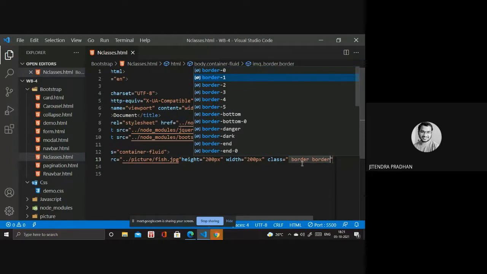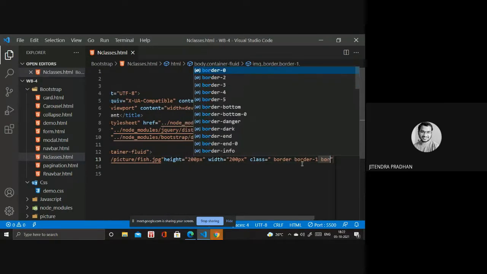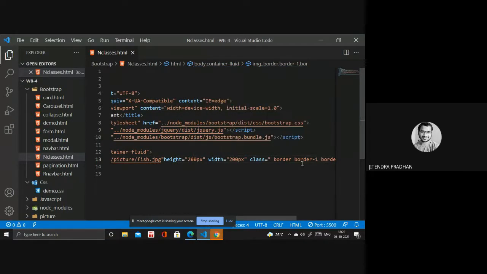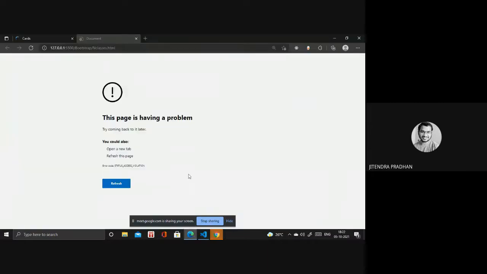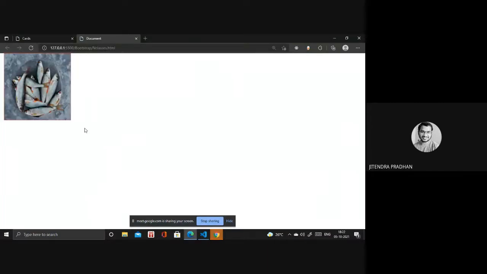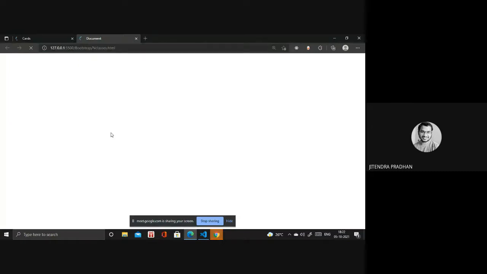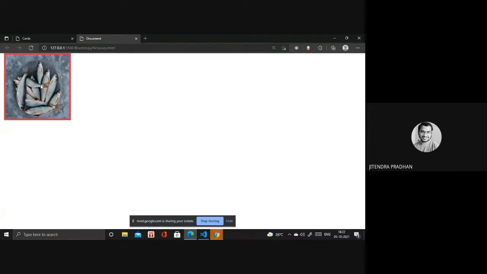Okay, border one, and we have border primary, border secondary, whatever color you need. Danger, if I use danger, in the color, but it's not showing much. I will change that to 5. Now it's fine.